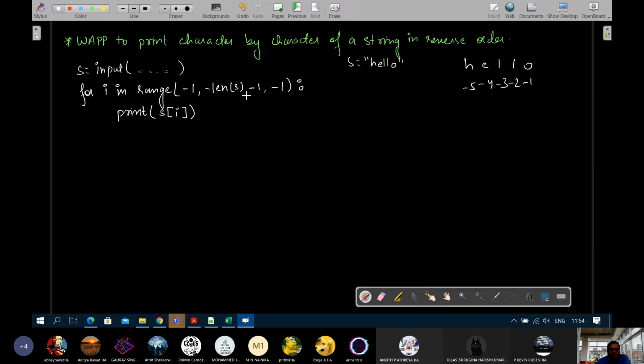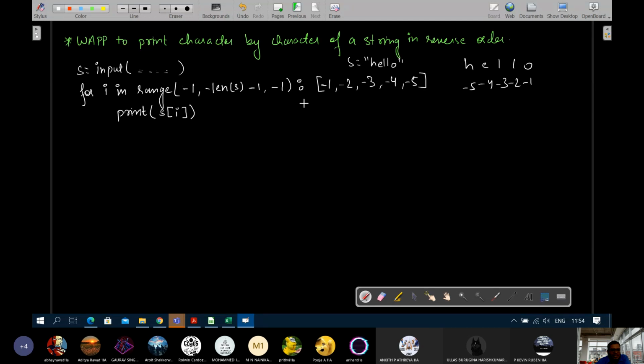This will generate a range of integers starting from -1, and every time 1 will be decreased: -2. Where do we have to go? We have to go to -6. Going to -6 means it will reach -5. So -1, -2, -3, -4 and -5.